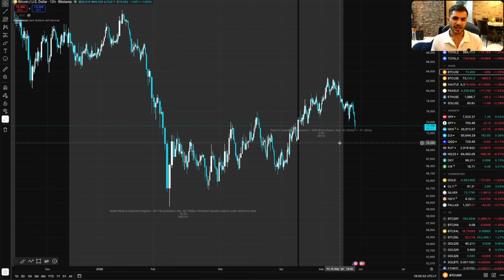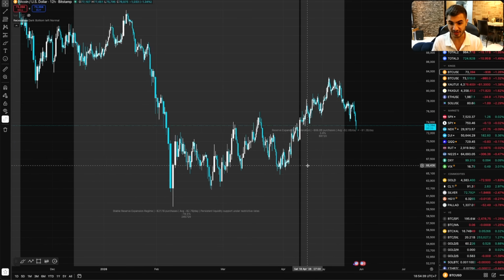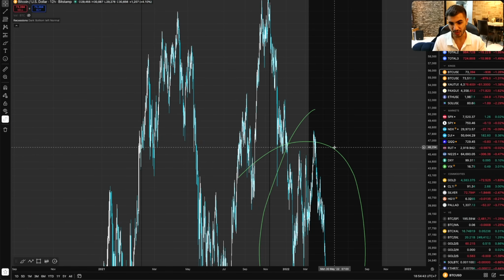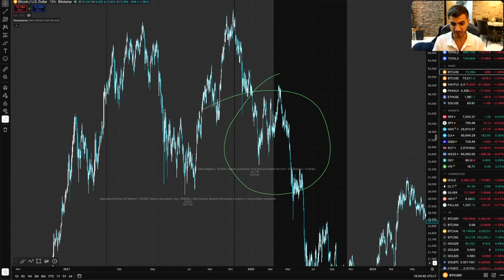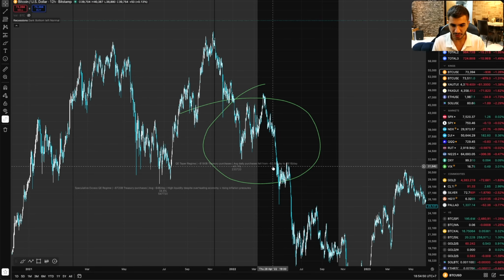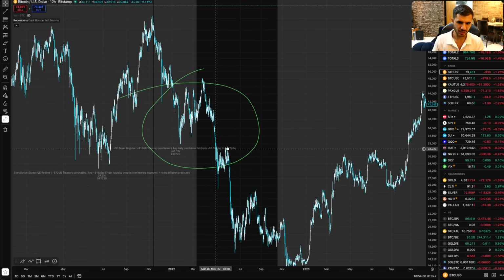This, of course, pulls out the liquidity that Bitcoin has been using to fuel its rally. And usually after phases like that, the Fed stops printing liquidity whatsoever, like in this outlined zone right here. They were printing 4 billion a day, and then they printed from 3.5 down to 1 billion. So this is the deceleration phase that we're going through. And then they stopped printing liquidity, which led to the next leg down of the bear market phase.